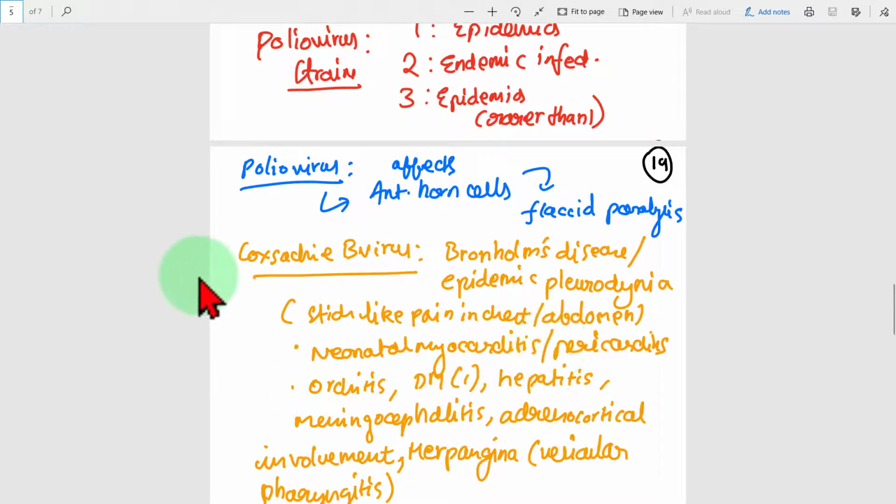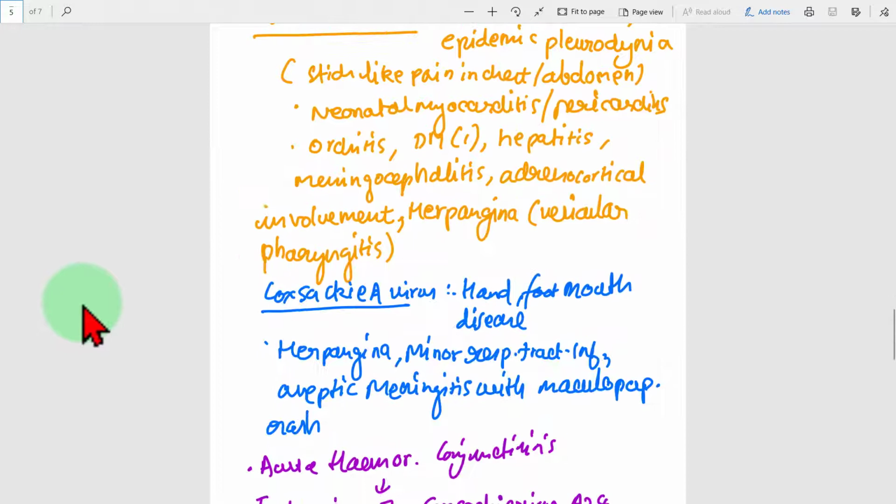There is neonatal myocarditis and pericarditis, and orchitis, diabetes mellitus, hepatitis, meningoencephalitis, adrenocortical involvement,